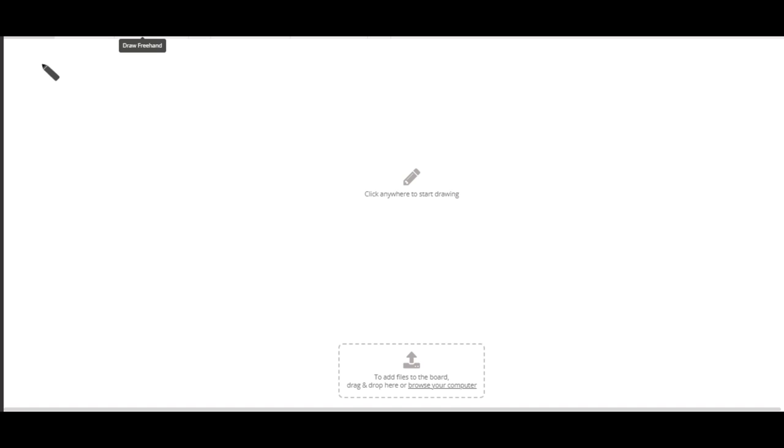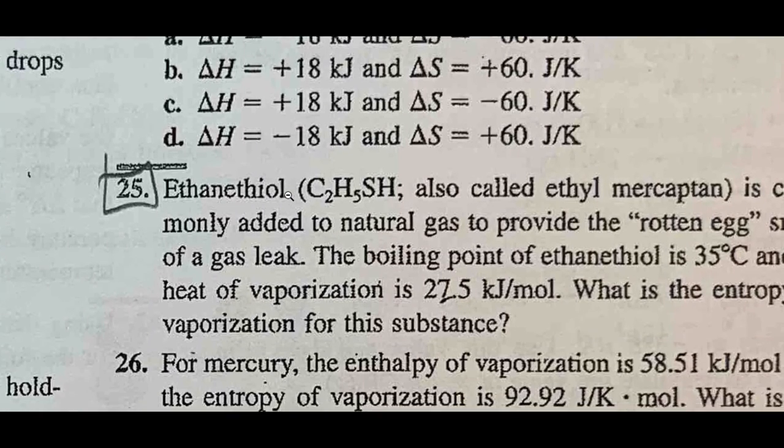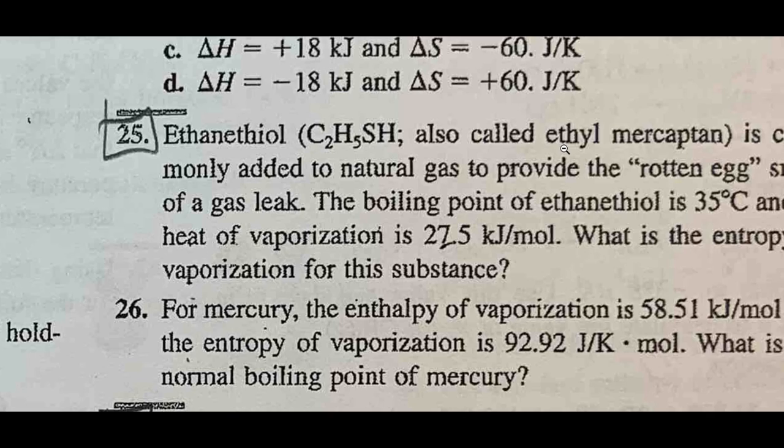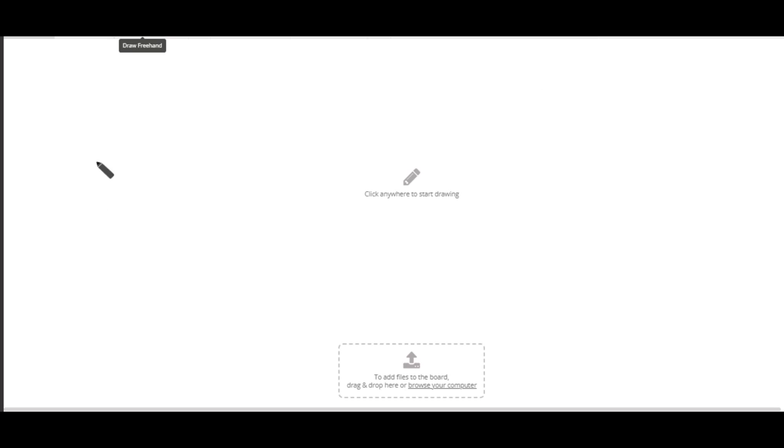There are a few key things that I was having issues with when I was doing the questions earlier. We left at question 27, ethane thiol, where they give us the heat of vaporization and a temperature. They ask us to find the entropy of vaporization for the substance, right? Well, the entropy